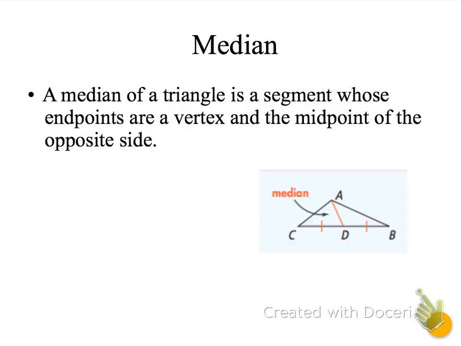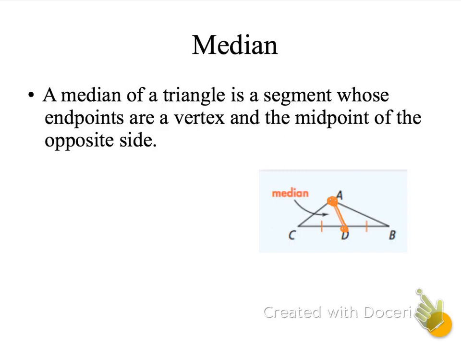Median. A median of a triangle is a segment whose endpoints are a vertex. So vertex, remember, would be like this. So it's in the center of your angle. So a vertex and the midpoint of the opposite side of the vertex. Okay, so midpoint means it sits in the middle. So it goes from your vertex, so that angle, to the middle of the line,